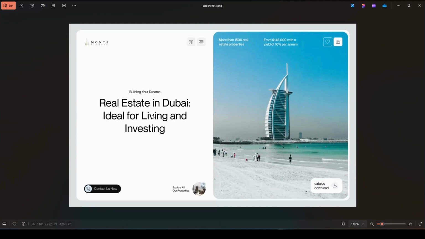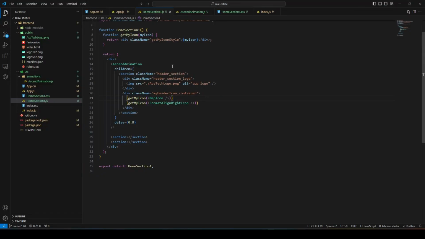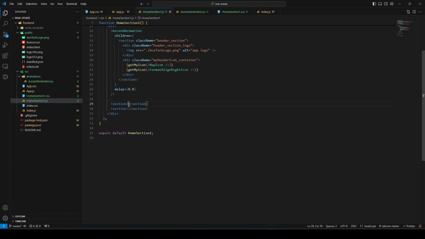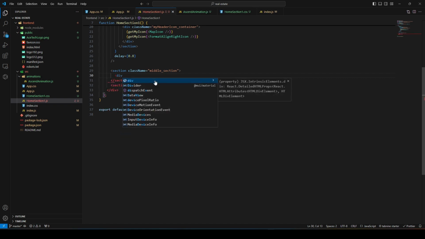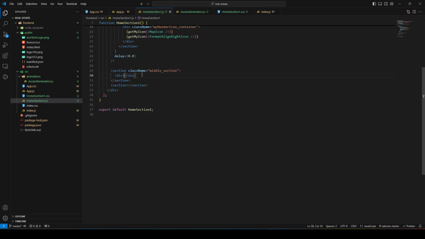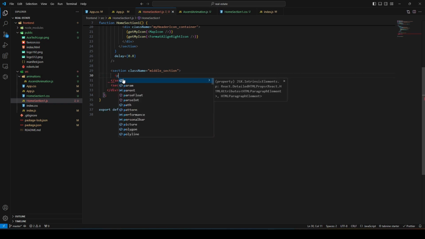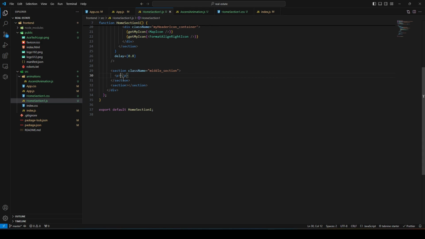Let us just start coding this up. So this will be our section 2. Let me give it a class name, middle section. Now our middle section will have our div. We can directly use this middle section only, so let's just use a simple p tag for this, where we have